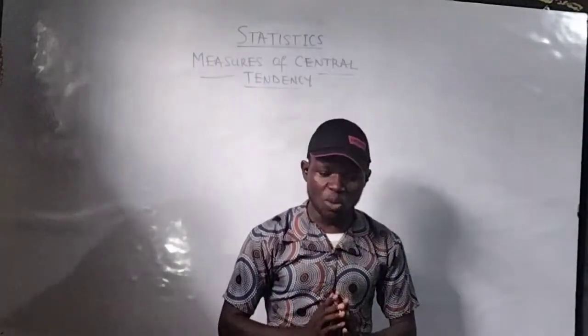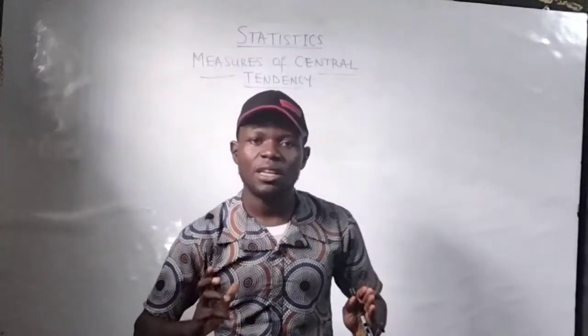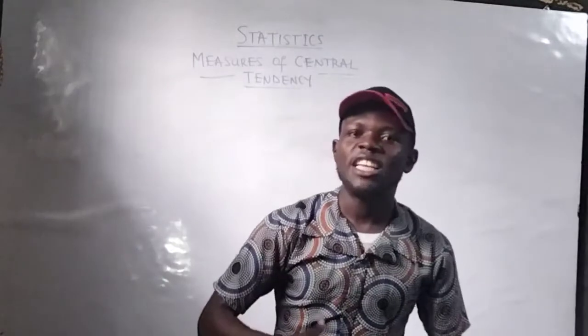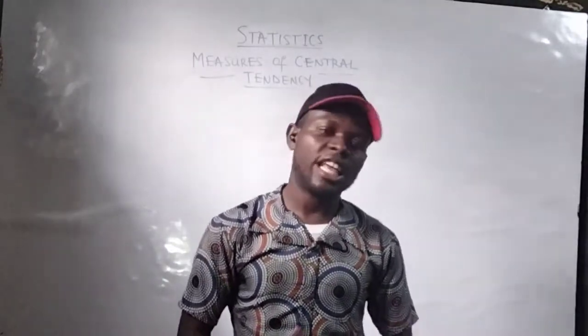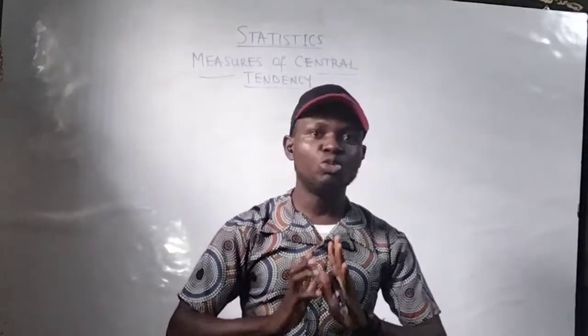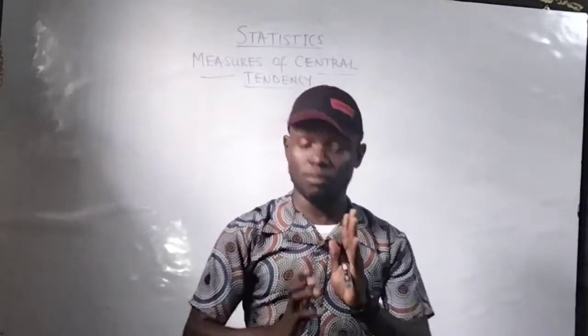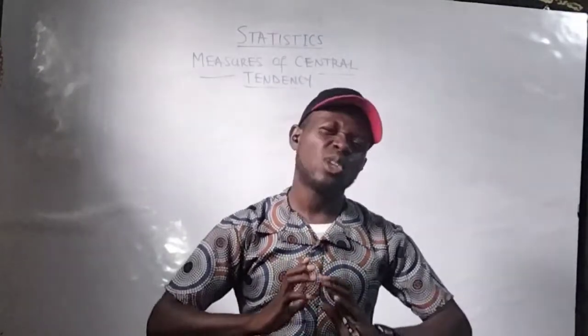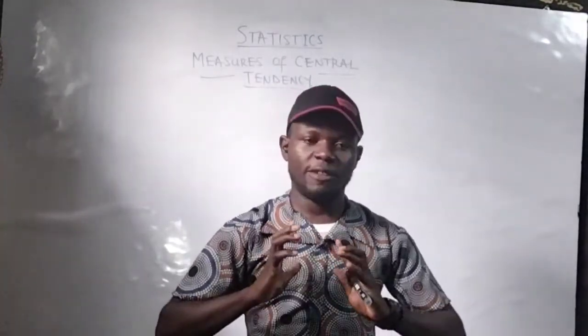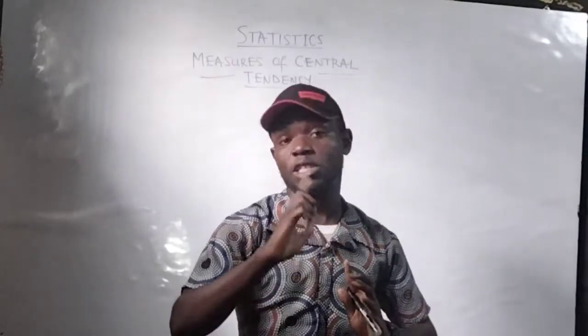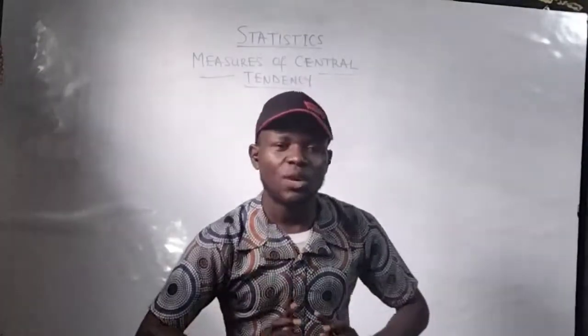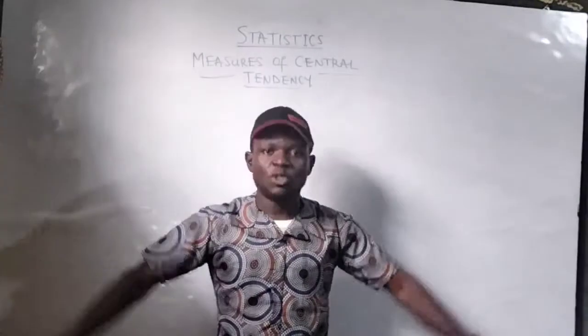That is, the sum total of a given data over the total number of the data gives us our mean, and it tends to be a very good measure of central tendency, in the sense that it tends to give us a balanced view and a singular numeric value that could represent a given set of data. So that is what the